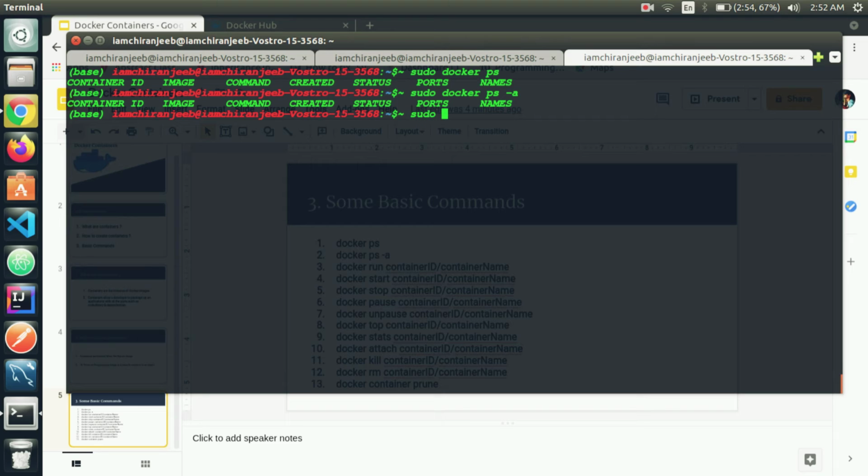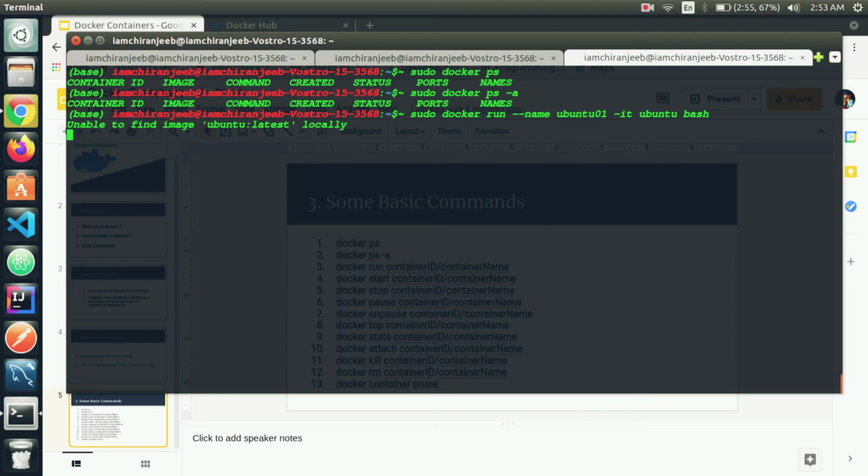First of all, I will pull the Ubuntu image and run it. We can do this directly with sudo docker run --name ubuntu01 -it ubuntu. This is the docker run command. What did I do here? I wanted to run the Docker Ubuntu image in interactive mode. That's why I added the -it flag to use it in interactive mode, and it will pull the image. Then it will create a container, and the name of the container will be ubuntu01.